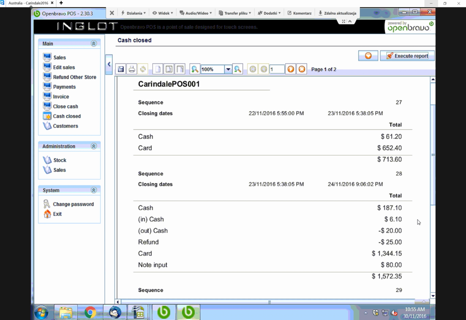But you might think we've actually had 2 makeovers that day, both of which had makeover deposits. So let's just say this figure is actually $80 incorrect. Then what explains that is that someone has processed a makeup voucher completely on cash when $80 worth of that should have been put as a note input. So again, go through your edit sales and try and find the transaction where that happened and print it off